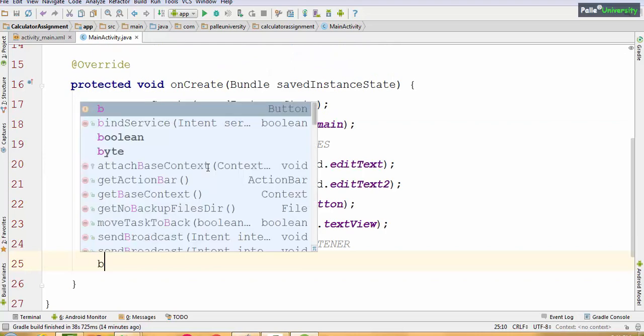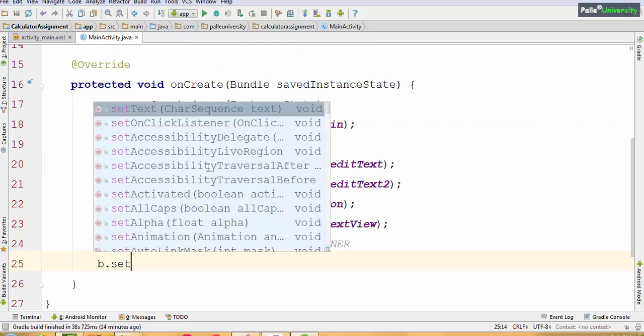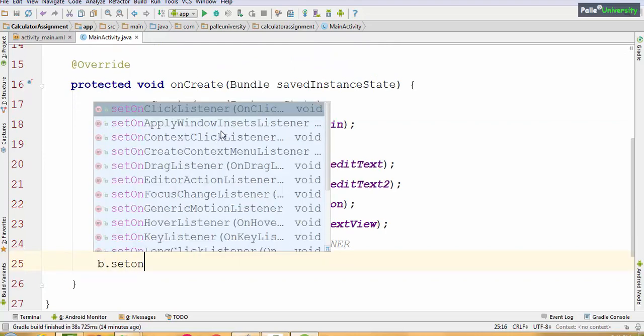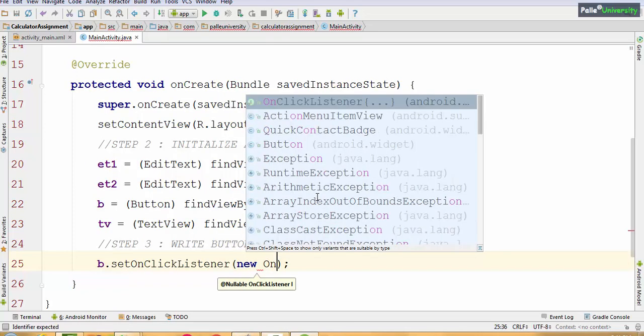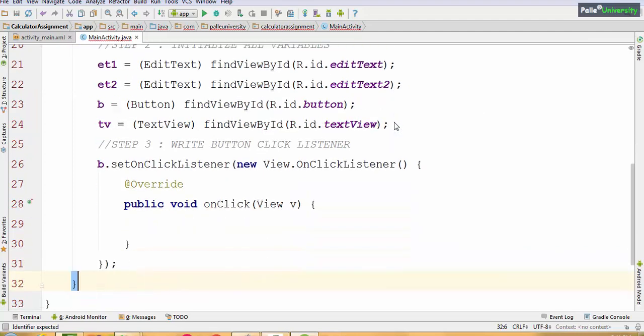Now I will use b.setOnClickListener. Select this, new space OnClickListener. Either you can use the mouse to select this or else simply press enter. Both are the same. Now we have to write the addition logic here.